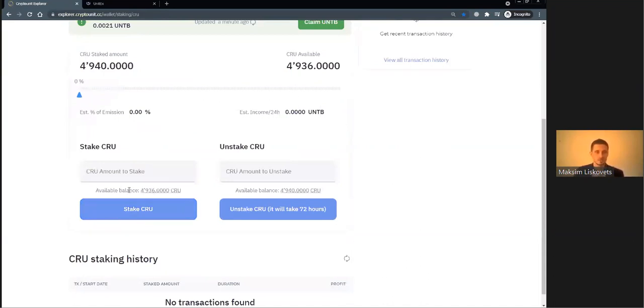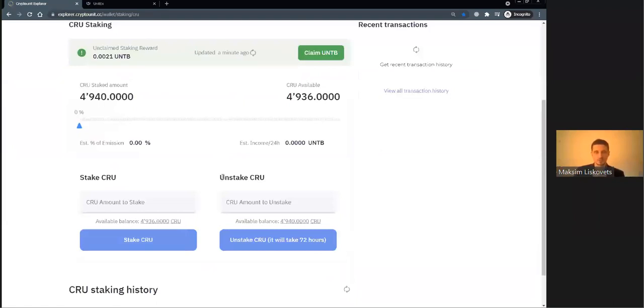The only thing is that here you will see balance available in CRUs, but not in World CRUs like before. And another thing to mention is that you may unstake some CRUs or World CRUs from staking, and there is this part, Unstake CRU, or in case of World CRU, it will read Unstake World CRU. To do it, you may indicate the number of CRU tokens you would like to unstake